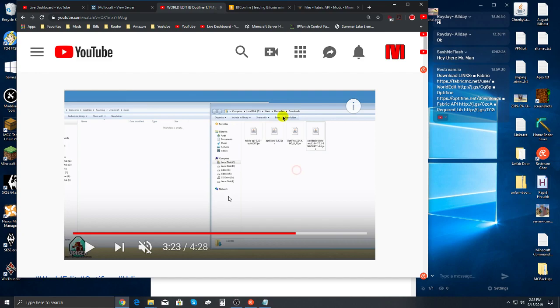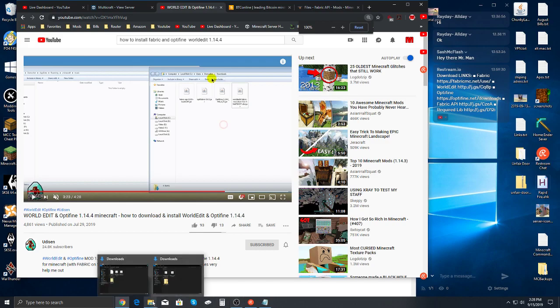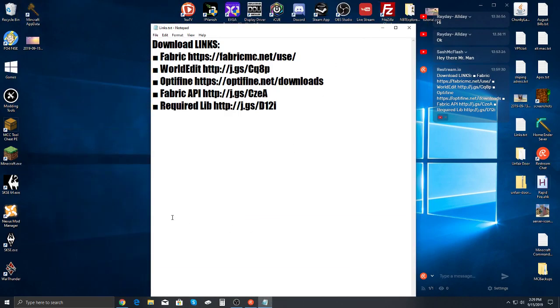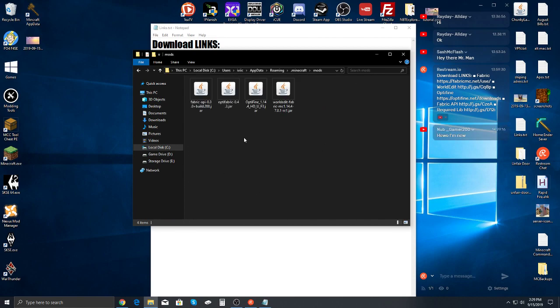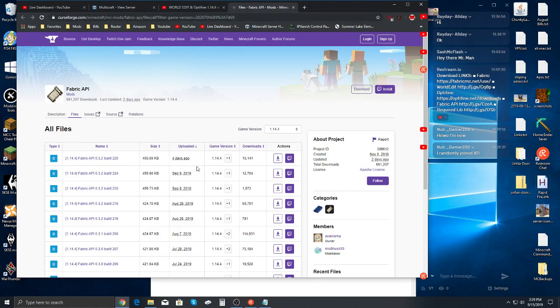Okay, we're going to check my folders, because this is actually kind of confusing. So I'm just going to look at the build that I have. Let me get rid of these download files real quick, and I'll minimize this. We're going to use our created Minecraft thing to go to mods, which I already have installed, you guys, so we can look to see what's up there. So we need the Fabric API 0.3.0, build 200. So when we go back here to our Fabric API,